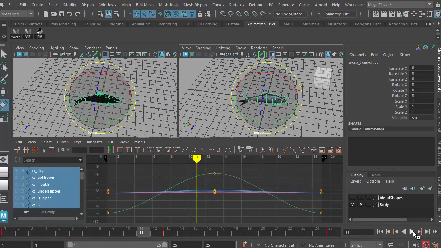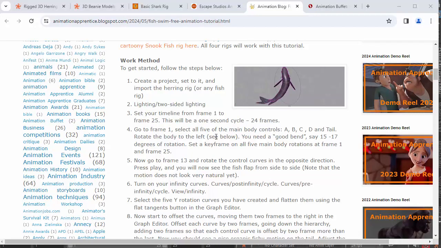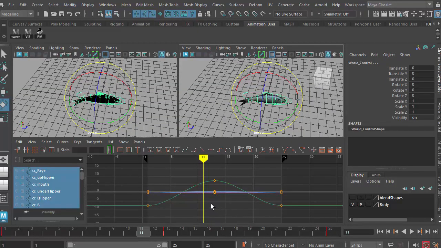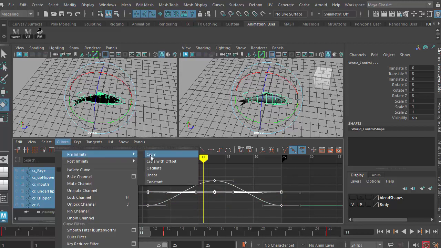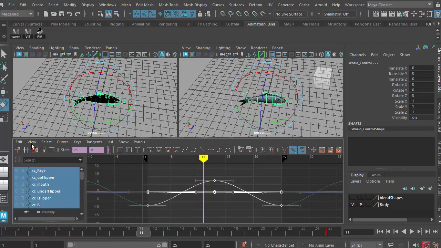So I'll just go back to the blog just to make sure that we're following our steps properly. So here we are back at the blog. So we've done the bend. Now we've done the rotation at frame 13. Now we're going to turn on our infinity curves. So we've got our curves here in the graph editor. So if I select those, and then I go Curves, Pre-Infinity Cycle, Curves, Post-Infinity Cycle, and then under here, under